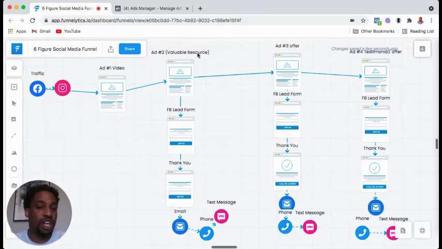So what you're going to do in this process is build trust with your audience. The second stage of our process is we want to build trust with our audience. Just to recap real quick, we want to use a video to get people to raise their hand to say that they're interested in what we're selling. We're going to track people who watch a certain percentage of this video, and we're going to put